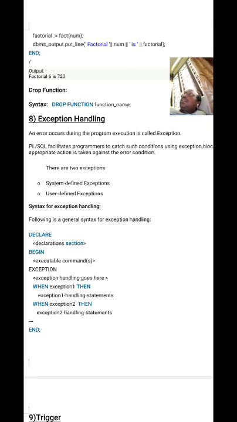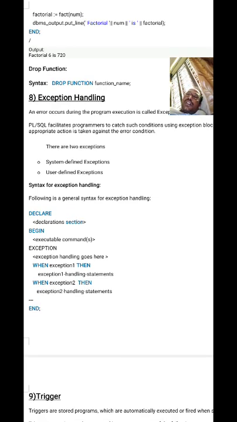Then, unless the program is ended, it is not executed; if you do like this, the program will be executed, even if there may be a chance of an error also. So that is one. What are the exceptions? In PLSQL, we have two types: system defined exceptions, user defined exception. Syntax for exception handling.